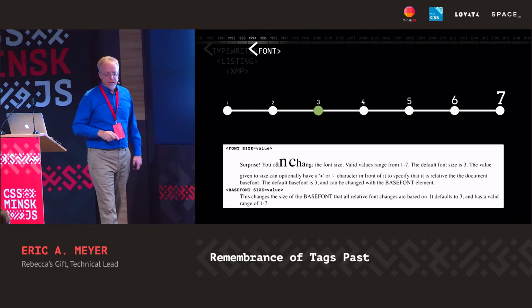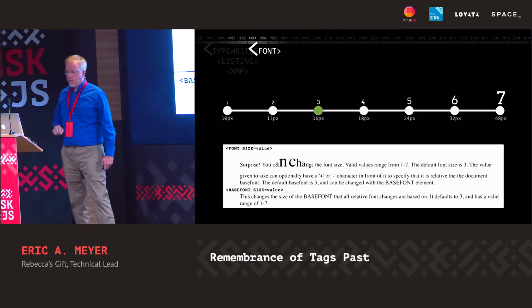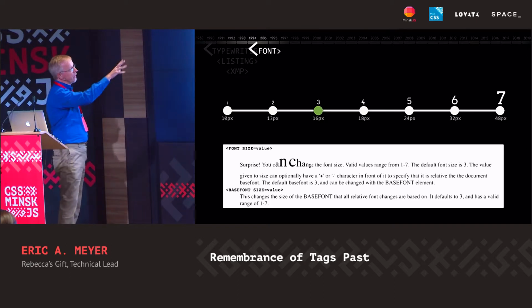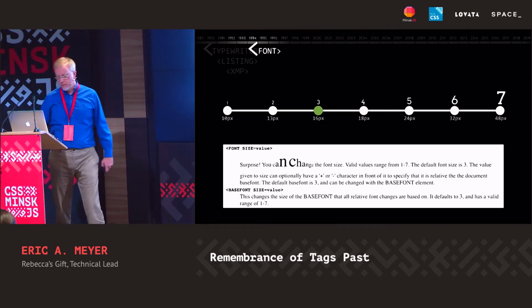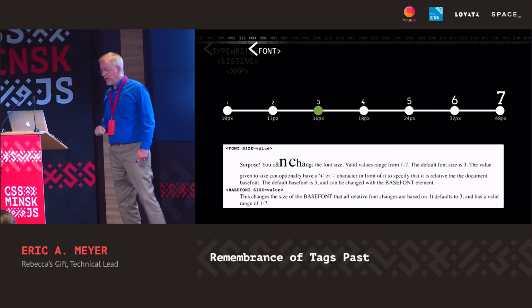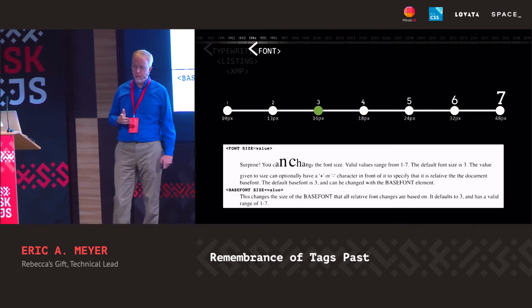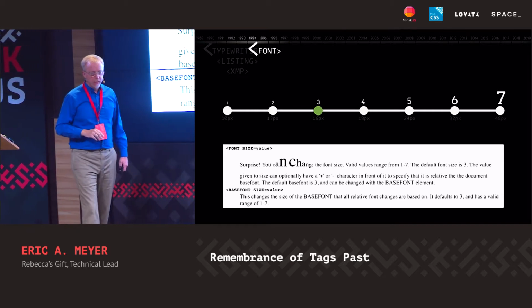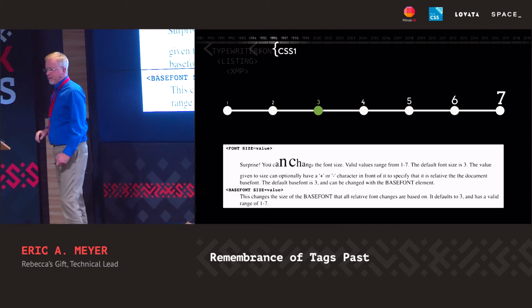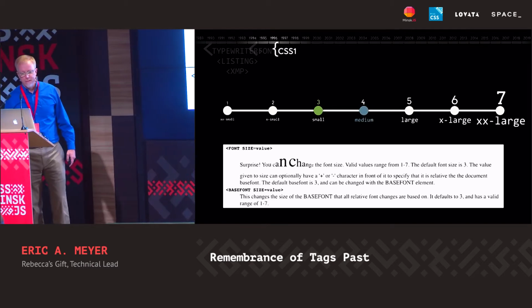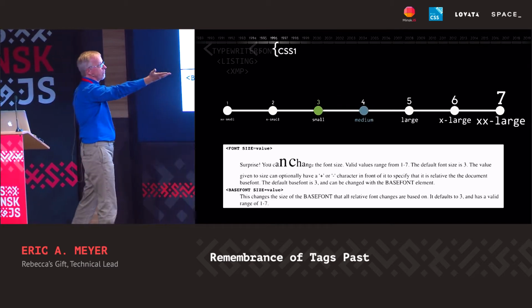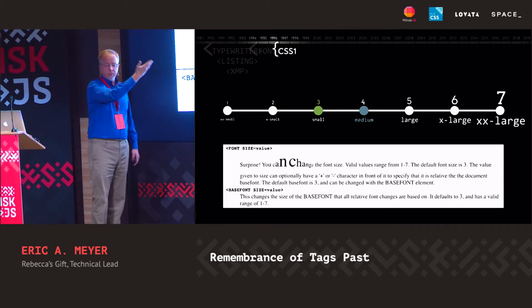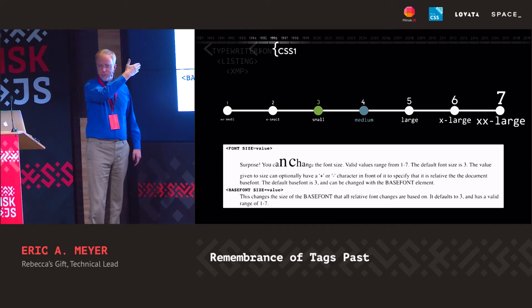So here are those sizes with the default marked and the equivalent present-day font sizing values. This is what you would need to use to get the same sizing for each of these. Okay, so far so good. Maybe. But things get complicated a couple of years later. That's when CSS1 was published, which also defined a set of 7 font sizing keywords. Except here, the default value is in the middle of the scale, rather than to one side of the middle,